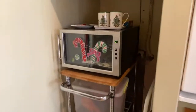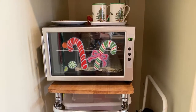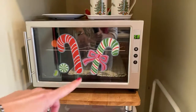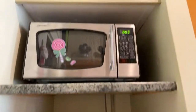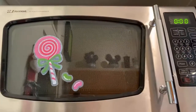Okay, so I found these at the Dollar Tree. It was a few weeks ago, while I was still Halloween shopping. There was only one, and there were all these cool candy cane and lollipop decals. And so I put them all over the place. I'm so happy about this. Look how cute. Oh, and there's my popcorn buckets, his and her, Mickey and Minnie back there